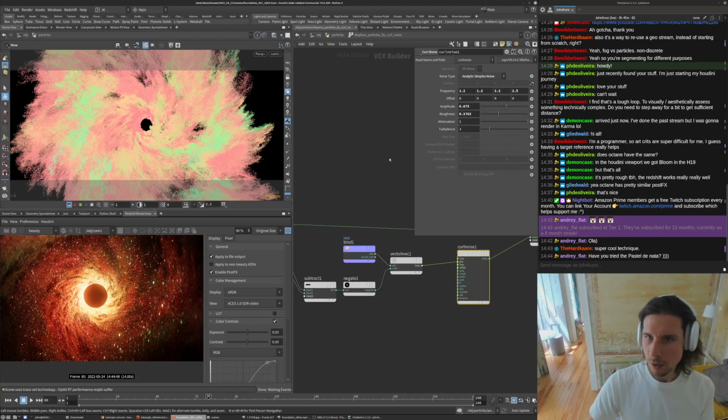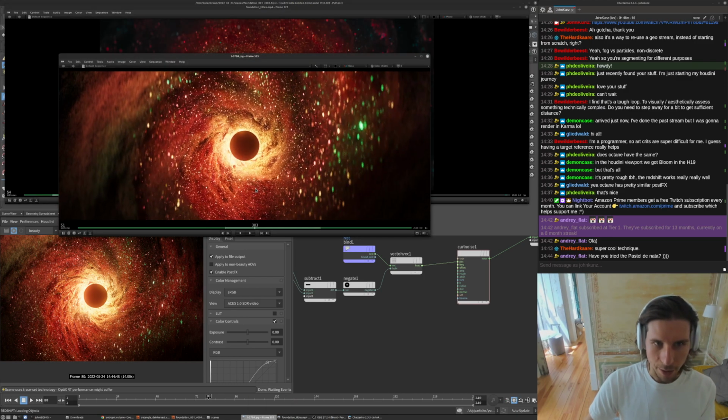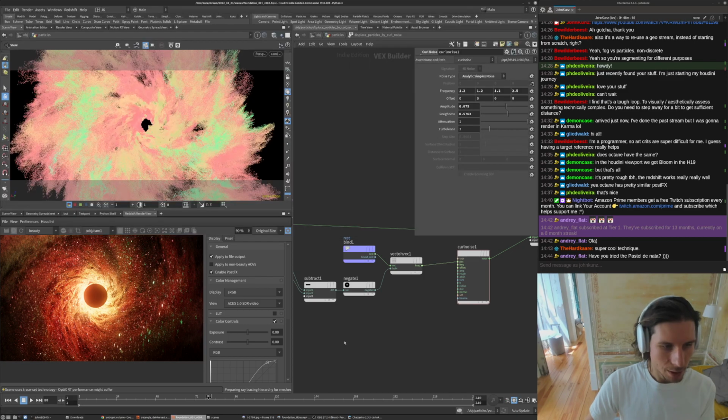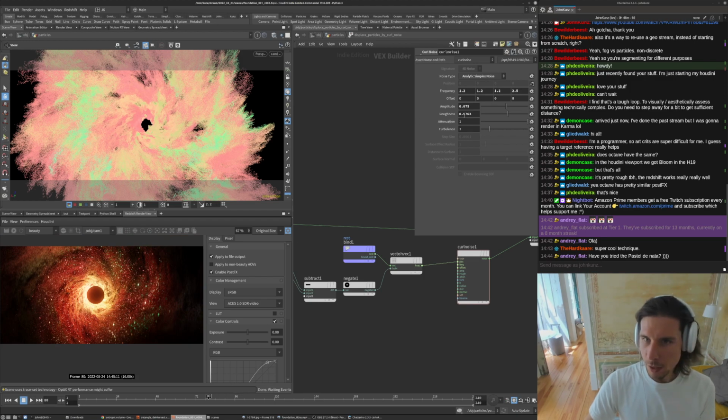Can start walking it closer to that. And I was just doing that predominantly to try to get closer to the reference. So I dialed this in a little bit. I wanted to keep some of the detail, but not lose the gaseous look. So yeah, I think going up to 0.763 was where I ended up at,